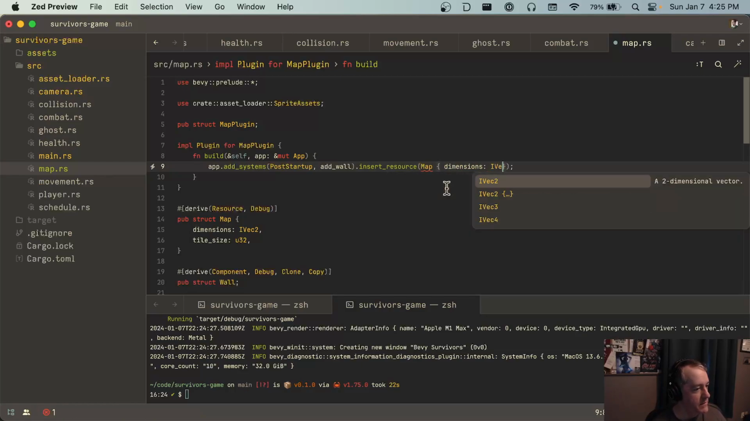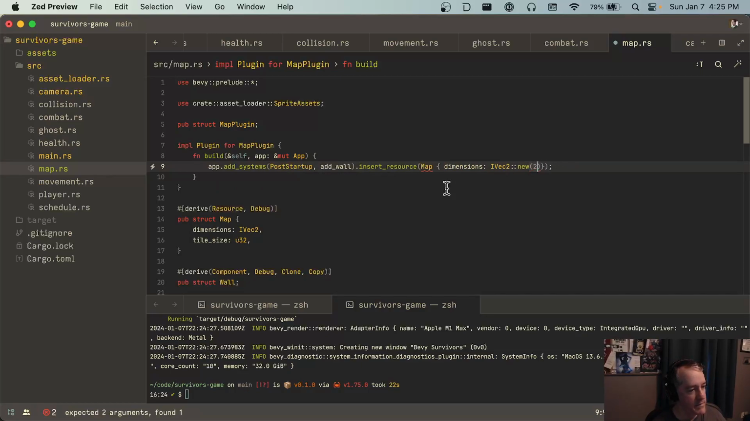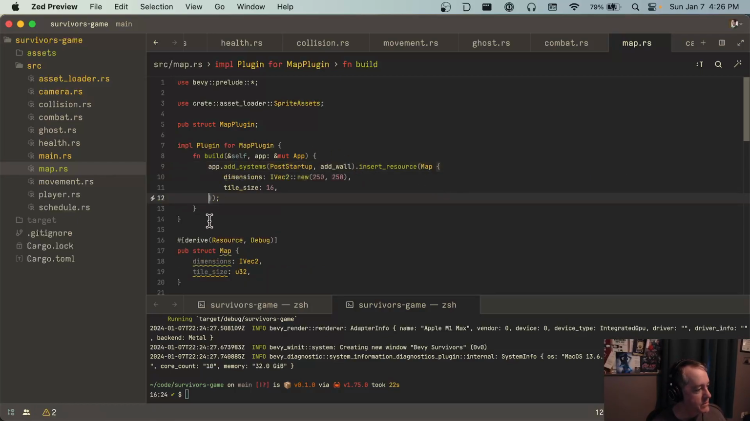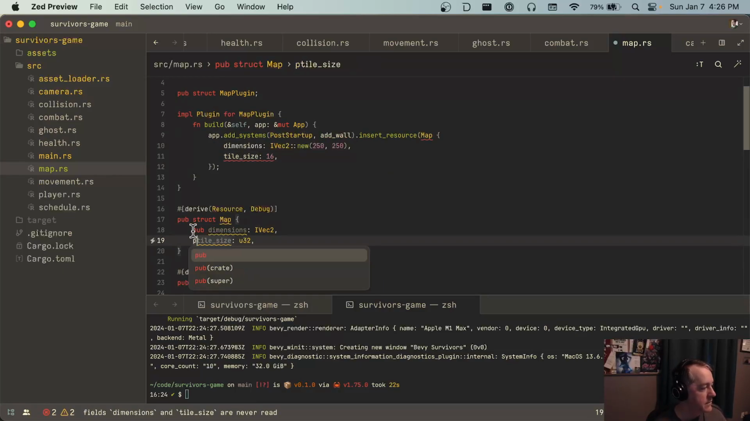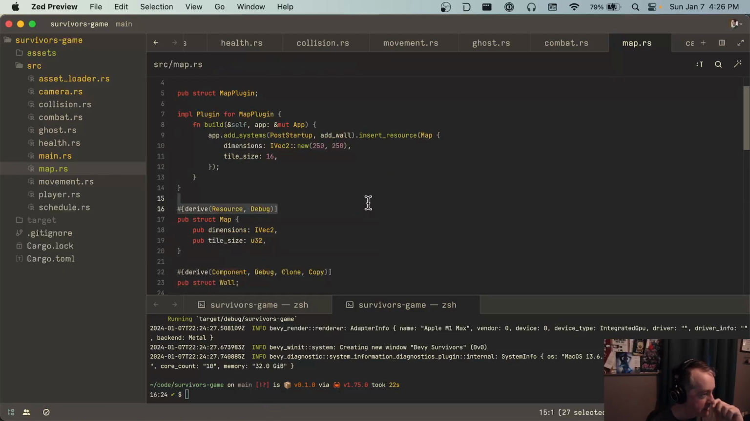And we'll say IVec2 125 by 125. No, 250 by 250. And then we'll do some math. And the tile size is 16. So now we'll have the resource there. These need to be pub. Okay. So now in our camera,